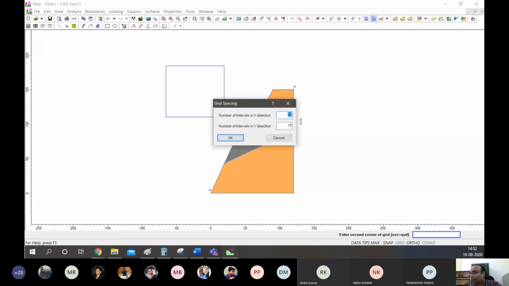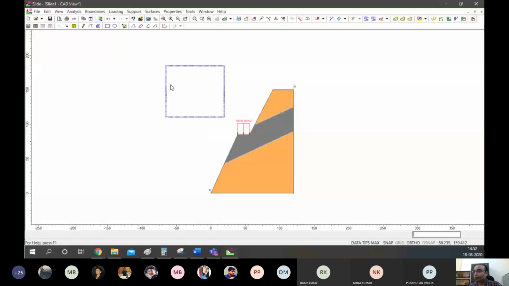Because I have drawn it manually, it has given me some aspect ratios according to which it calculated some X and Y intervals. But I have forced it to divide the whole grid into 50 by 50 nodes. It has done that now. Now we have 2500 points here.